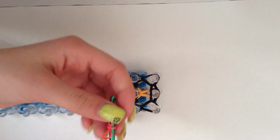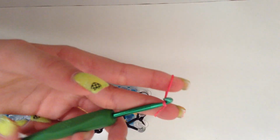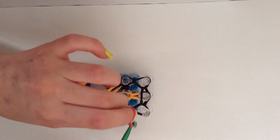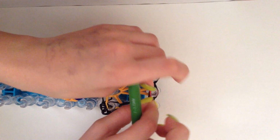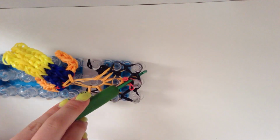And this is where your bow is going to come in. So I am going to put one side of the bow on one finger. And this might be hard, but just put those two sides on two of your fingers and grab these two middle bands and place them right here. So it should look like this. I'm just going to stretch this out, and I'm going to go under all those bands,